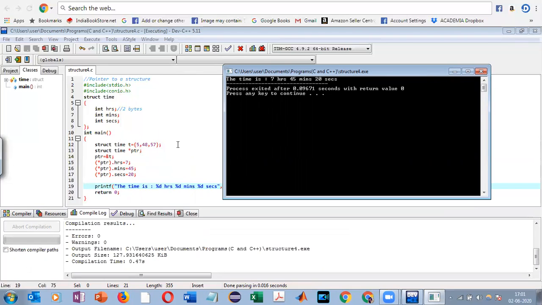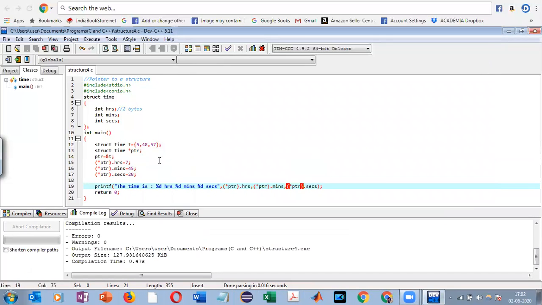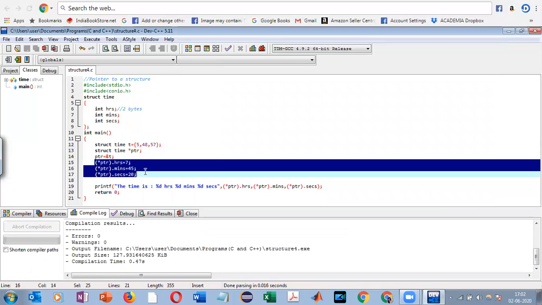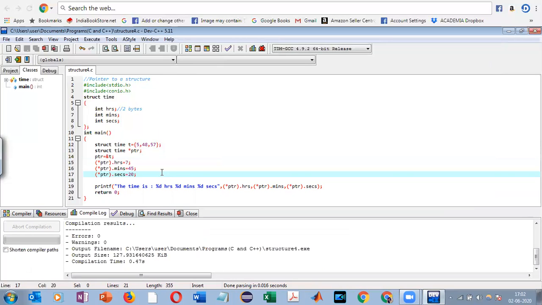We have 7 for hours, 45 for minutes, and 24 seconds. So now we know if we are using a pointer to a structure, this is the correct format to use it. If we omit the parenthesis, what happens? The dot operator, since it has a higher precedence, would be considered first and there would be some error.